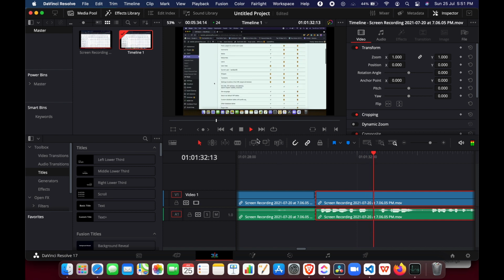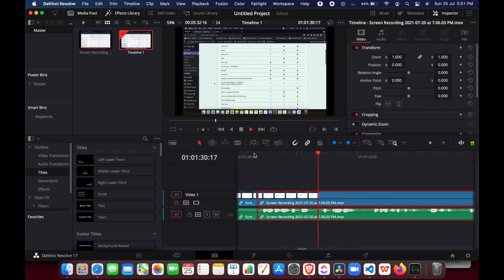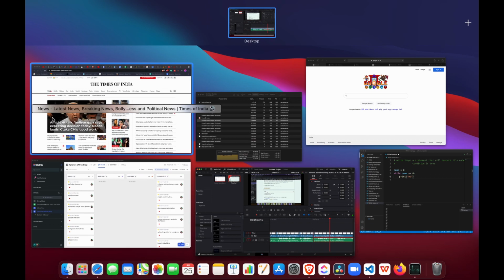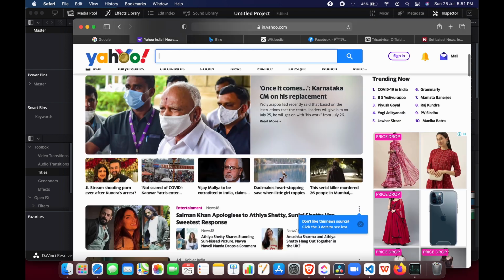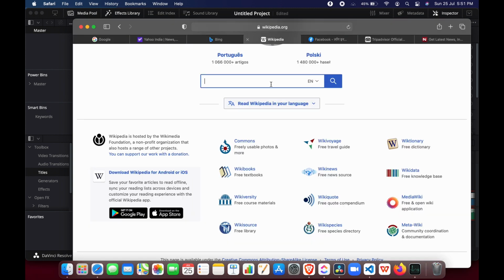This video is playing back with color grades applied, and yet the performance in DaVinci Resolve, which is really resource intensive, is really good. Even the browser performance is really appreciable. Still, the performance is really good in Safari and websites are really responsive.